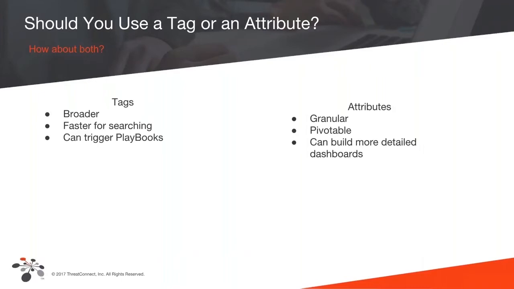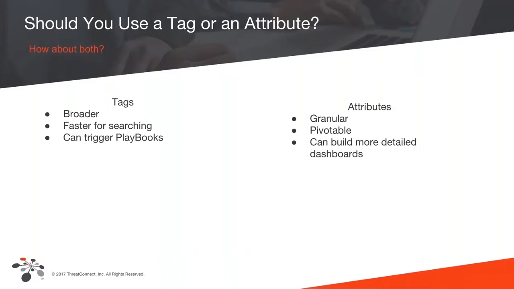And then with tags, one of the big things we can do, and we're seeing this a lot more in organizations, is use tags to trigger playbooks. User actions are there and they're great, but sometimes using tags to jump from playbook to playbook works out the flow a little bit better. I won't be showing you the playbooks in this webinar just because not everybody has playbooks, but we are looking at doing a more detailed webinar around using tags and attributes with playbooks.